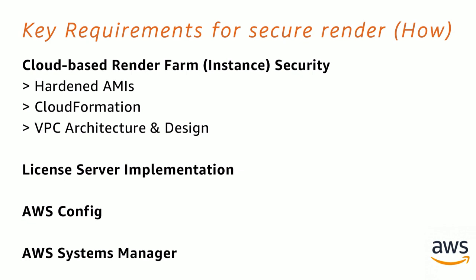CloudFormation can automate your entire environment. And pay a lot of attention to VPC architecture and design. There is a lot of literature out there on best practice: should you have one VPC, or three different VPCs, and so on. But at the end of the day, you want to focus on decoupling the VPC. Within the VPC, you want to decouple the network location where your high-value assets are going to be. So for example, your render nodes live inside their own VPC.